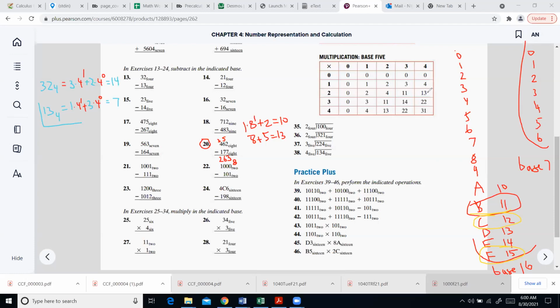So again, you can do print screen of this page, so you can see what to practice, and practice classes we don't need to worry about. And notice it's not really very different compared to problems we have for regular practice exercises. Let's say if I'm looking at 39, then instead of two numbers, we have three numbers to add. So what? It's pretty much the same thing. But it's okay. I'm not asking you to worry about practice plus. I think you have plenty of practice here anyways. So I'm gonna